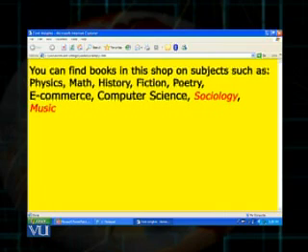And then there are subjects listed: physics, maths, history, fiction, poetry, e-commerce, computer science, and then you can see sociology and music, which are in red font color. You can notice that the words e-commerce and computer science, they are thicker. Their font is much more thick.